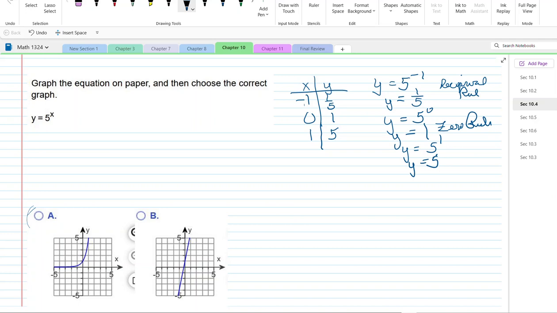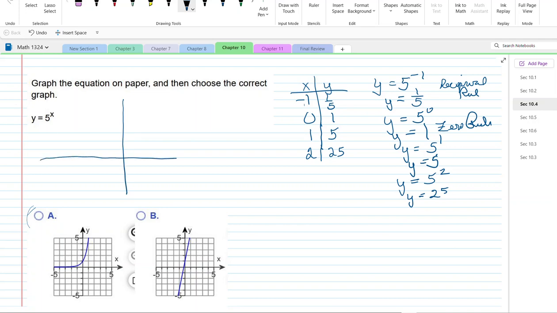Okay, so let's look at the next one. Let's do 2. Oh my goodness, so we have y equals 5 squared. Well, then it's 25. Now look at that. I mean, it just gets larger and larger. So if we were to draw this guy,